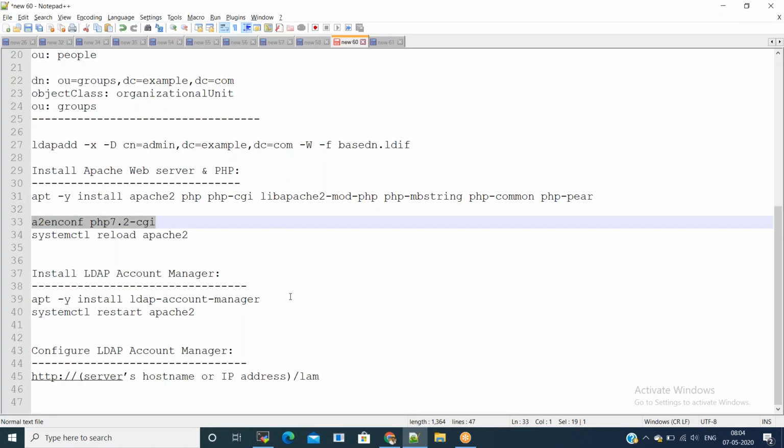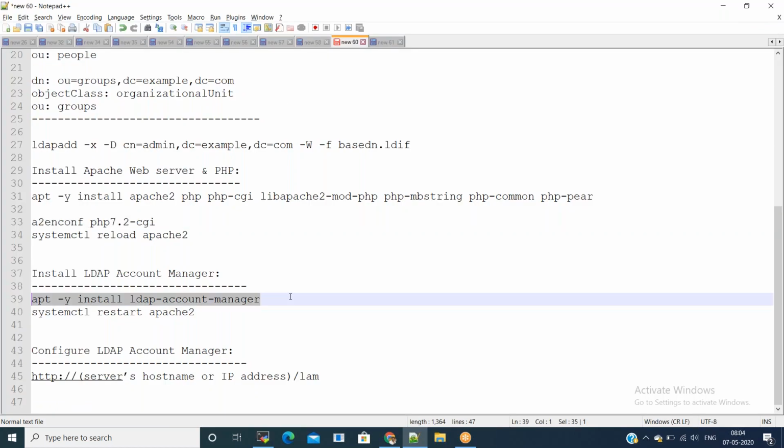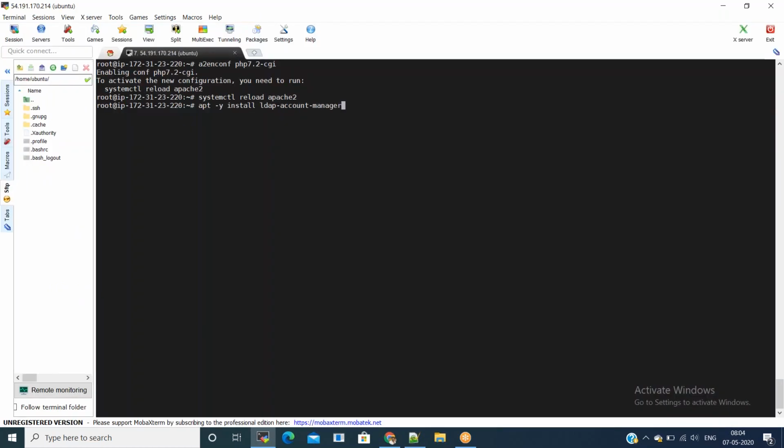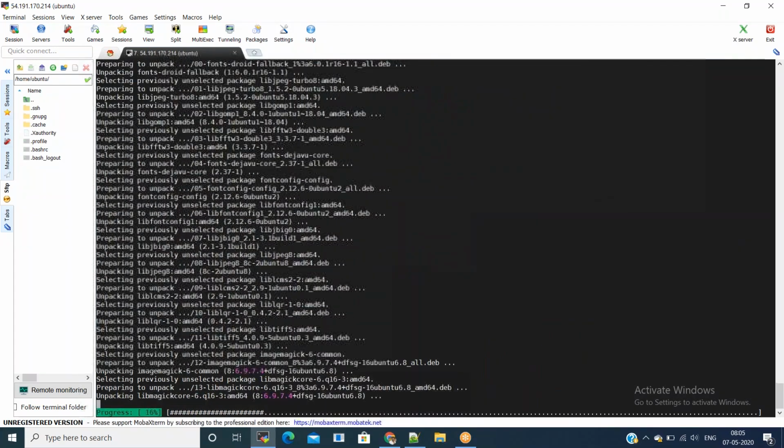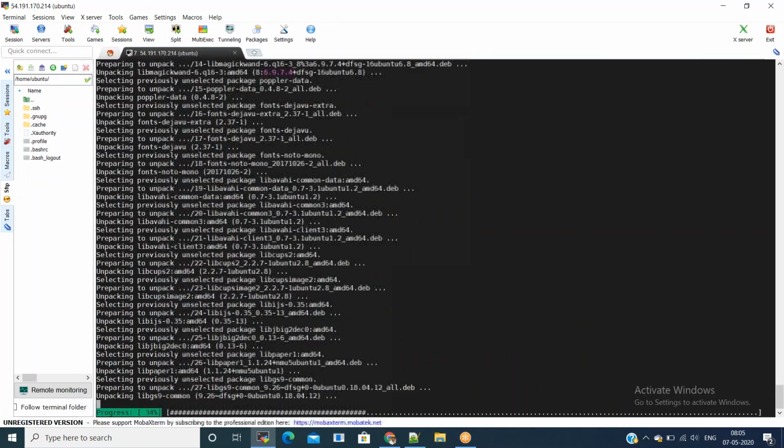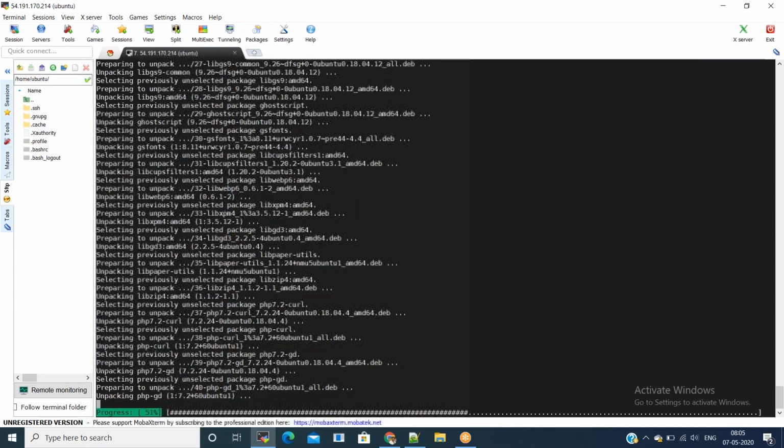Next, we need to install LDAP account manager so that we will get a web UI for it. Once LDAP account manager is installed, we need to restart Apache 2 again.